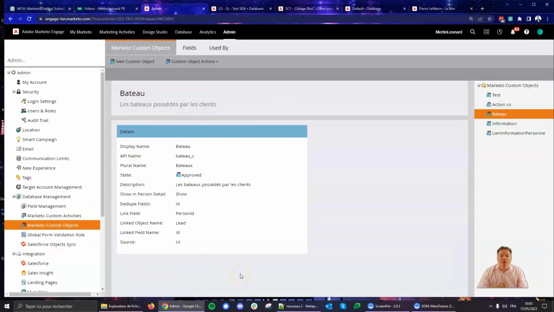Once you've created your object, how do you upload data into that? I will show you an example with an Excel spreadsheet, but obviously you don't want to do that in the long run, but it's maybe practical to start with that. Obviously, you will create an integration between, for instance, your website, back office, your CRM, your data warehouse, and you will push data regularly into Marketo in the custom object. Marketo proposes APIs to do that, so it's very easy to do. That's something we usually do.